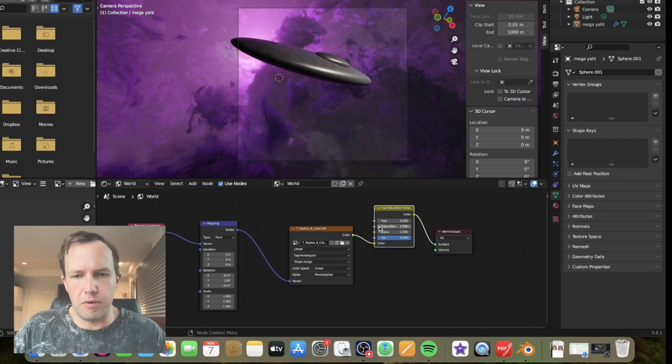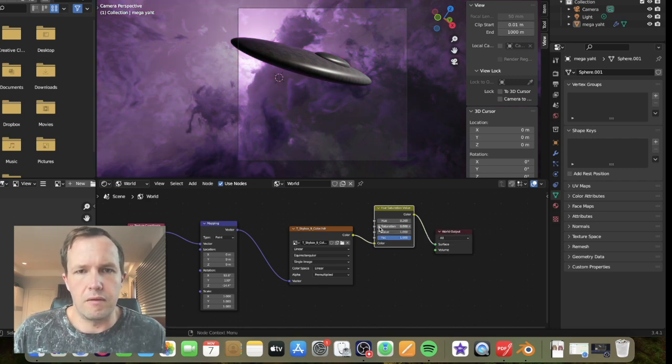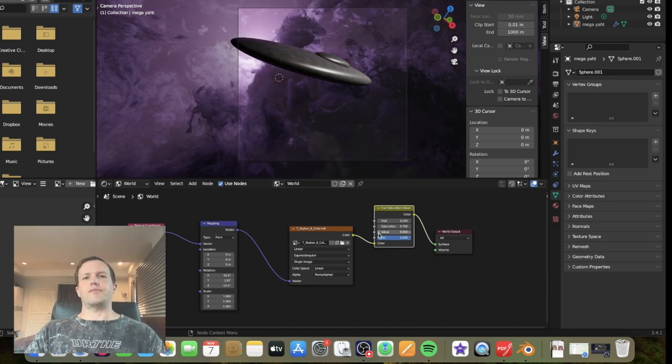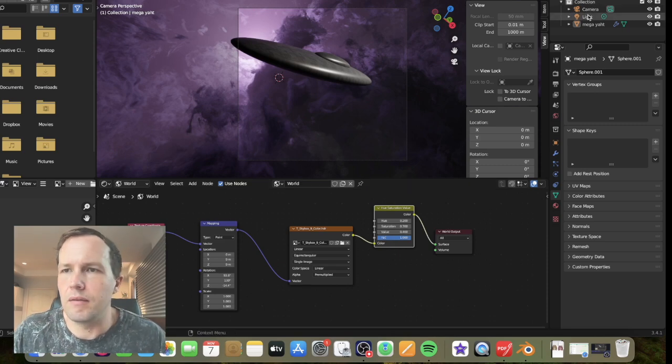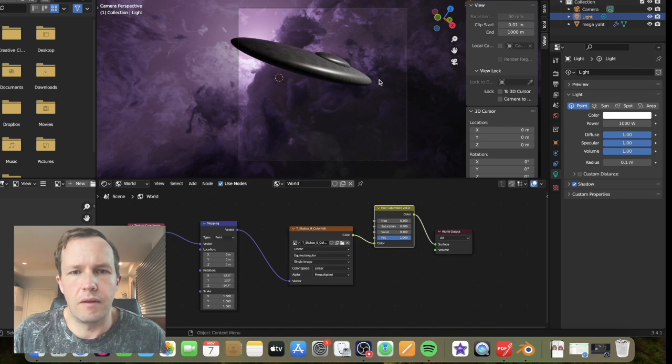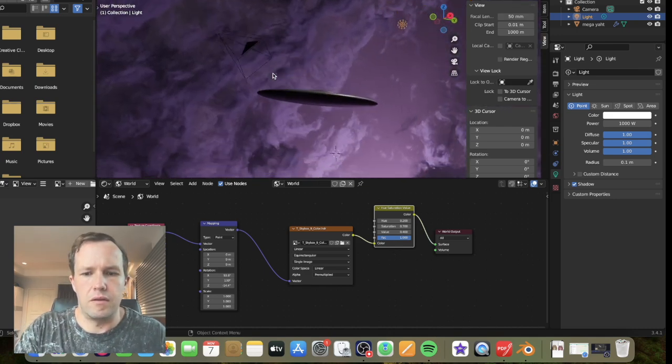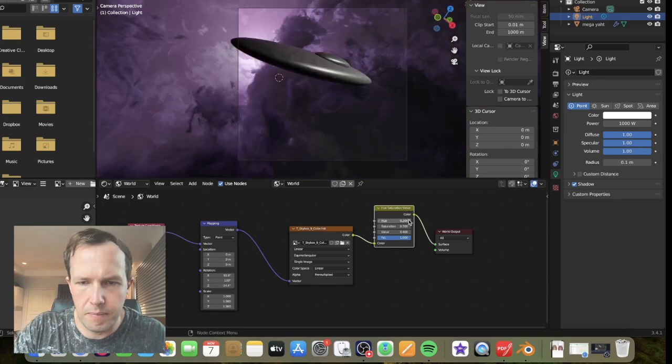Okay, that's the kind of purple I want. I'm going to turn the saturation down a little bit, and turn the value down. And then maybe